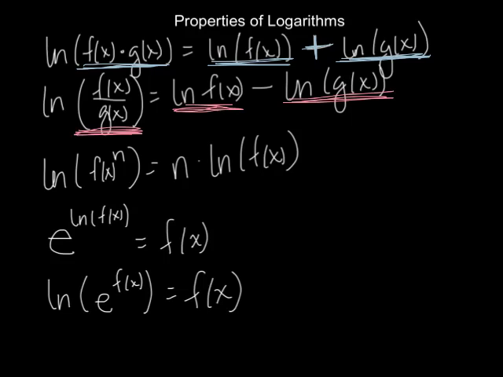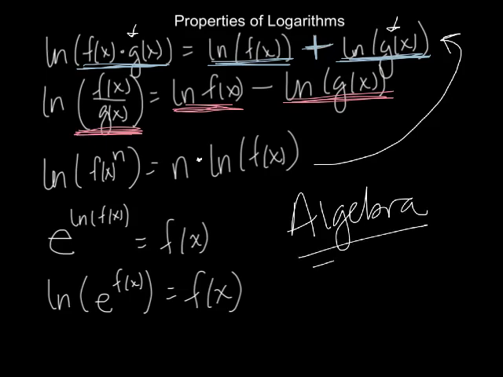Next one is sort of an exponent property, that if we have the ln of a function raised to a power, we can bring the power down in front and take the logarithm. It's really just an extension of this very first property, the log of a product, because if we replace g here with f, then we have the ln of f times f, and that would be the ln of f plus the ln of f, which is 2 ln of f. So you can see how powers turn into multiplication. And again, this is all algebra. No calculus yet, but we're going to use these algebraic properties when we do our calculus.